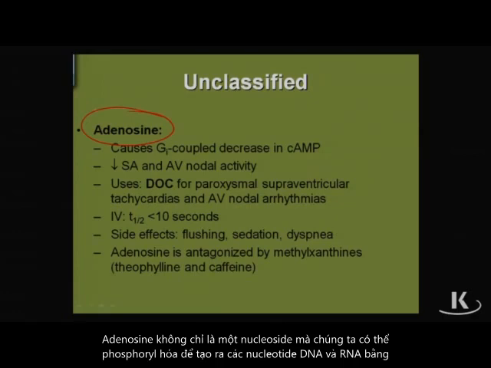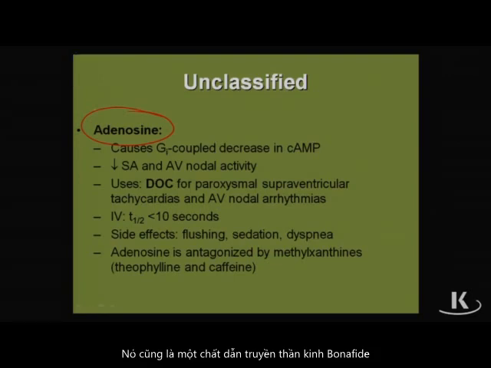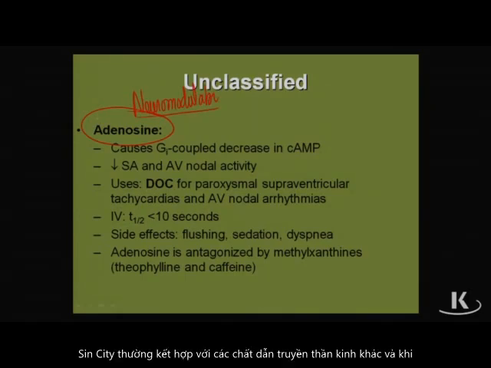Adenosine is not only a nucleoside that we could phosphorylate to make DNA and RNA nucleotides with, it's also a bona fide neurotransmitter. It's actually often referred to in physio as a neuromodulator, since it is often co-localized with other neurotransmitters and when released controls a little bit how they work. Adenosine, nonetheless, has its own receptors. Call them adenosine receptors for the sake of that drug. They are really purine type of receptors.